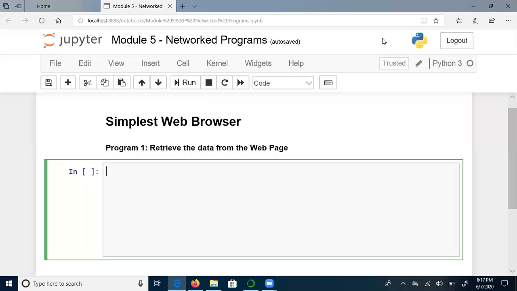We'll take up a program to retrieve data from the web page by developing a simple web browser. Whenever we consider a web browser, the web browser sends an HTTP request to the web server. The web server processes the request and returns the HTTP response, that is the data, to the web browser. So here we'll try to implement a web browser, that is, to retrieve data from